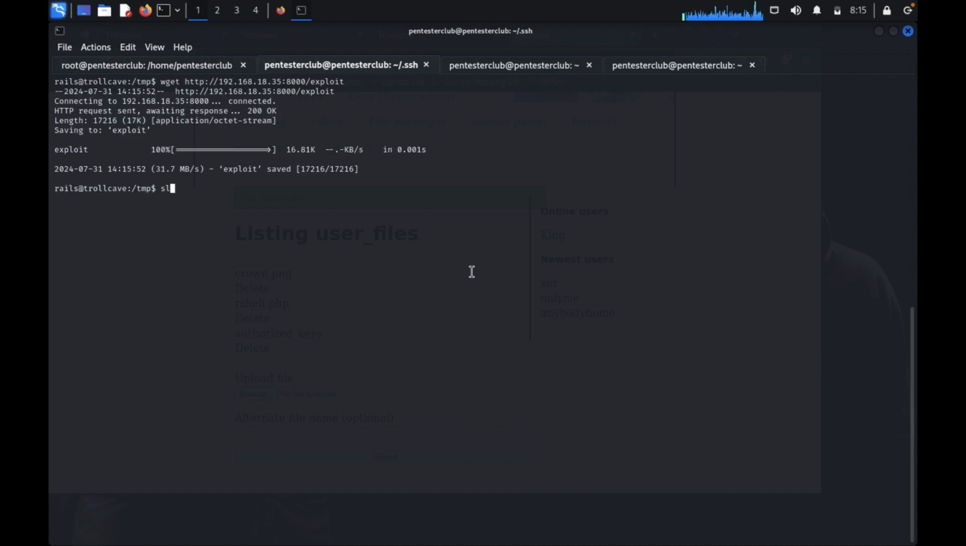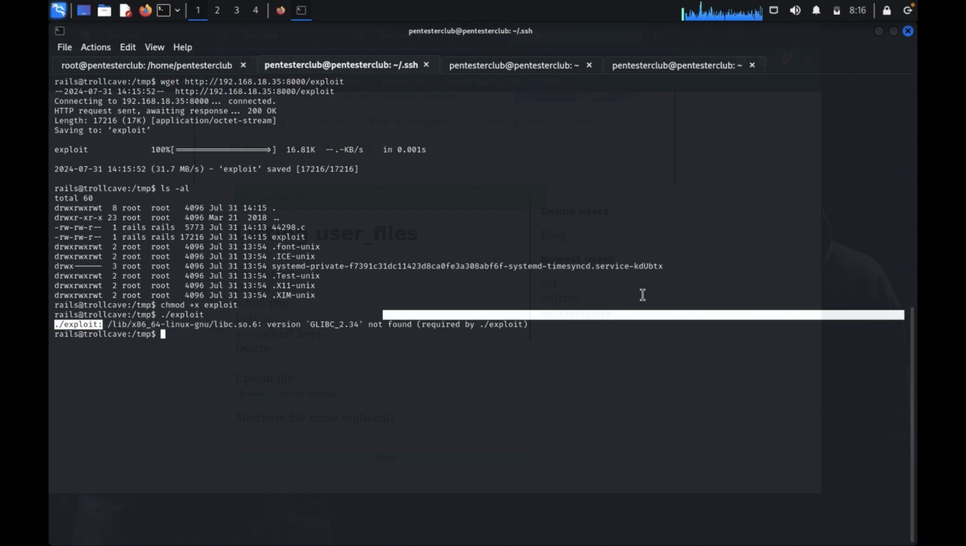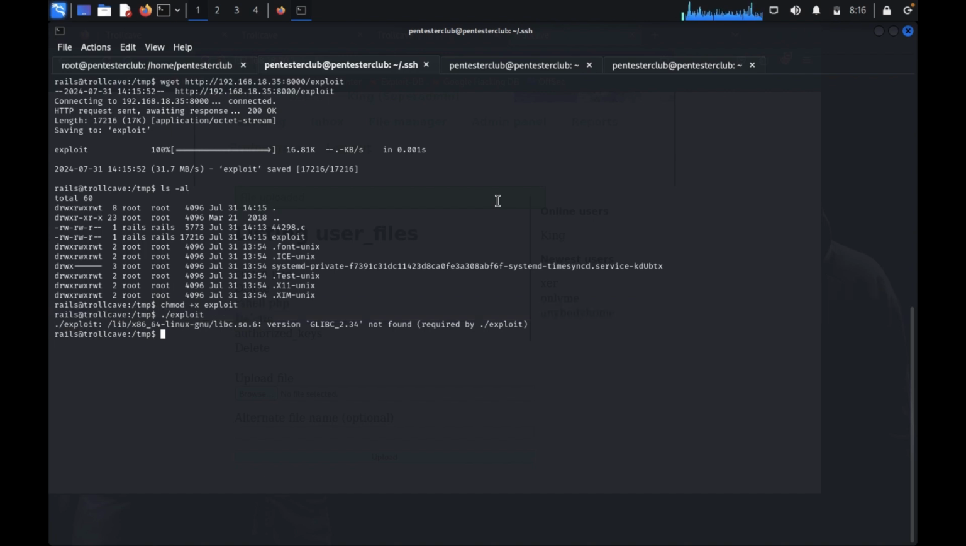exploit, ls minus l. We just type here chmod plus x exploit. Now we just run this exploit. So: lib x86_64-linux-gnu libc.so version not found, required by exploit. So it's not found. So even this exploit is not working out. So what we would like to do here is